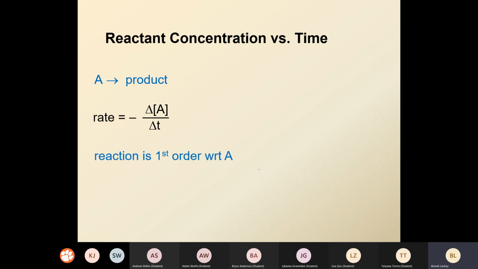So here, if we say the reaction is first order with respect to A (anytime you see the WRT, it's "with respect to"), remember, the rate law itself is indicated as rate is equal to k times the concentration of A. So with integrated rate laws, and I might be getting ahead of myself, we can actually set these two factors equal to one another because they're both equal to that rate. Whenever we set them equal to each other, we can solve for,